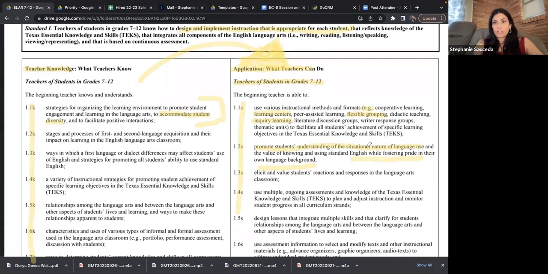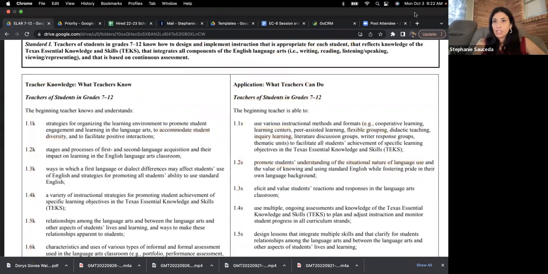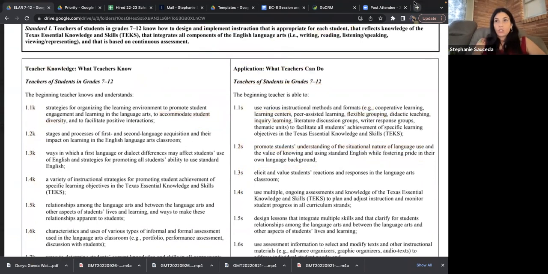Literature discussion groups, obviously that's pretty self-explanatory. But what I'm doing is I'm modeling for you how you would go through. And if you don't have an exact idea of what, for instance, didactic teaching is, we can just very quickly